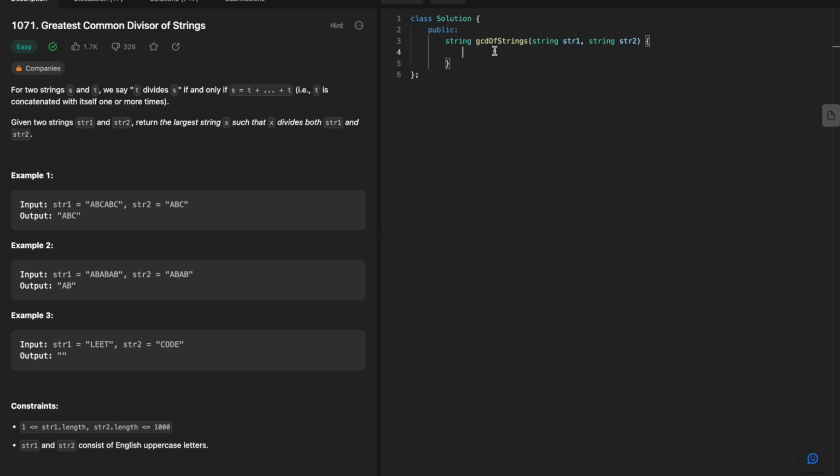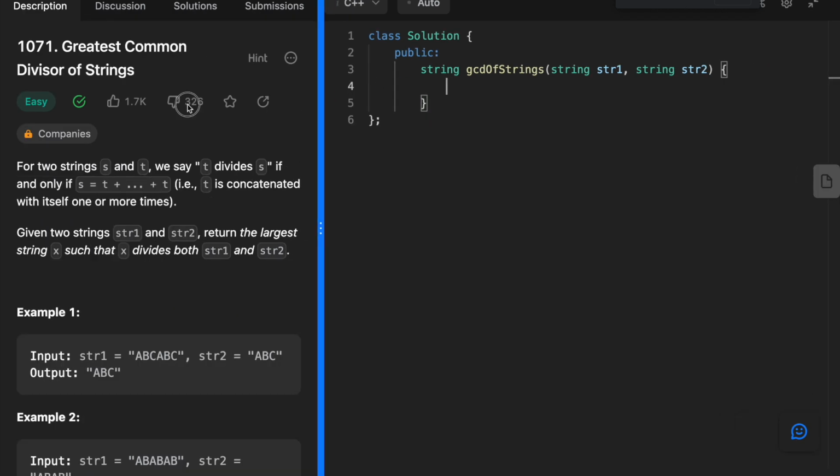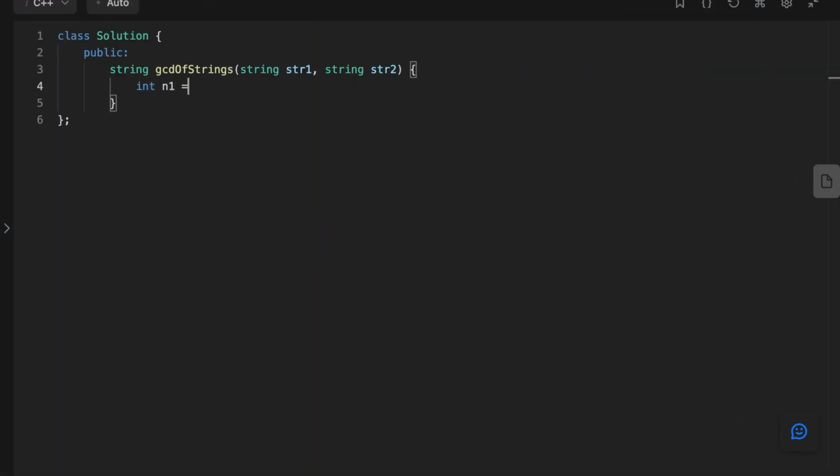So first of all, what we are going to do is define two variables. Let me zoom this in so that it will be easy for you. Okay, so it's n1 equal to str1 dot length and n2 equal to str2 dot length, and then we write the string answer, which will be equal to a blank string. And also we want string D, which is a divisor,